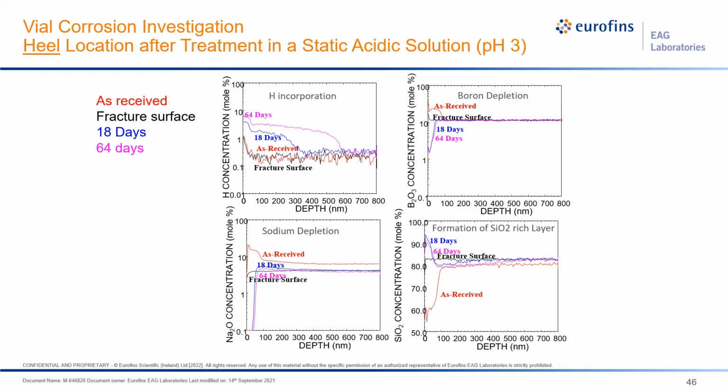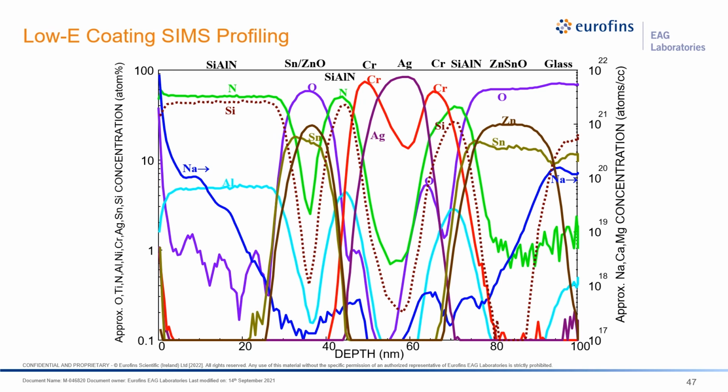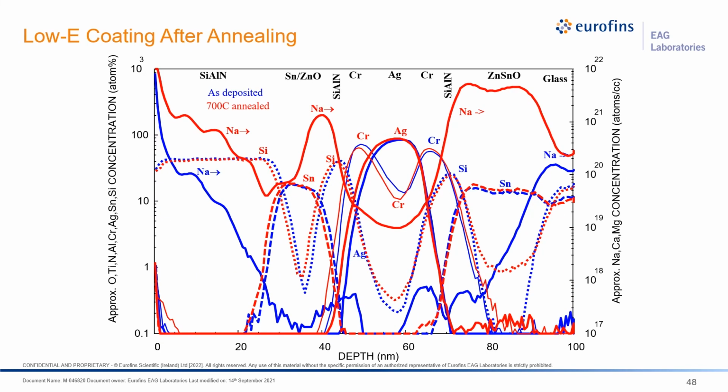We also look at low emissivity coating of window glasses. This has many layers, about 15. Each layer has a different function. We're asked to measure these 2 to 3 nanometer thick chromium layers around the silver. Also look at the changes between the annealing with respect to the as deposited. These 2 layers are put in, the zinc tin oxide and silicon nitride, to prevent sodium diffusion from the glass